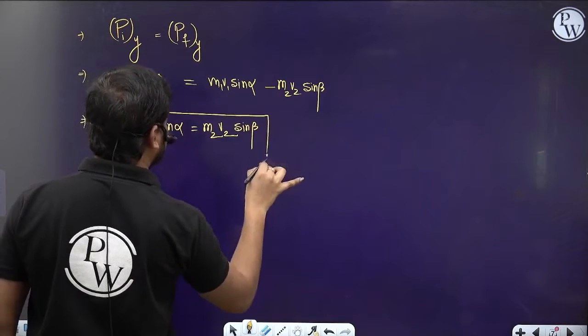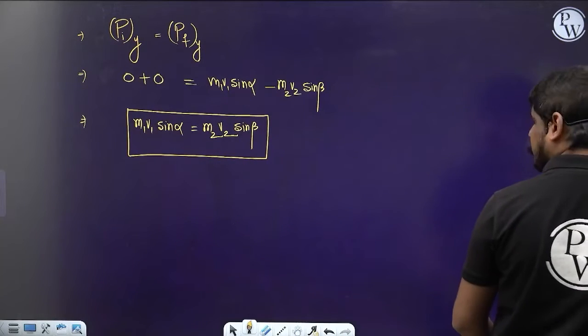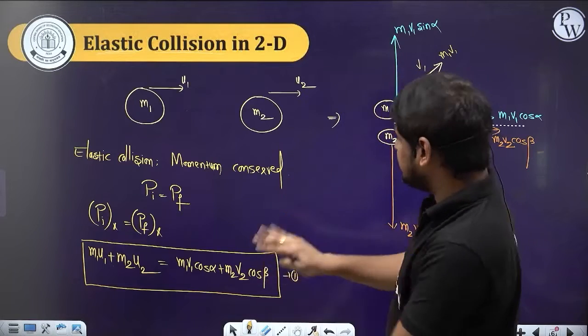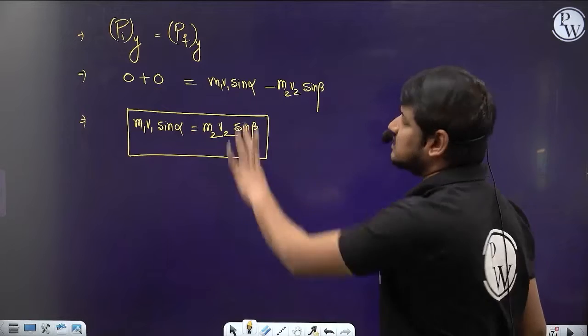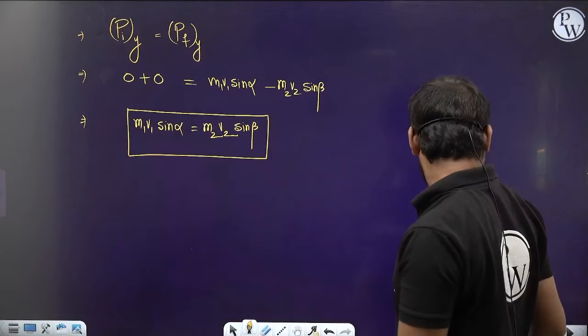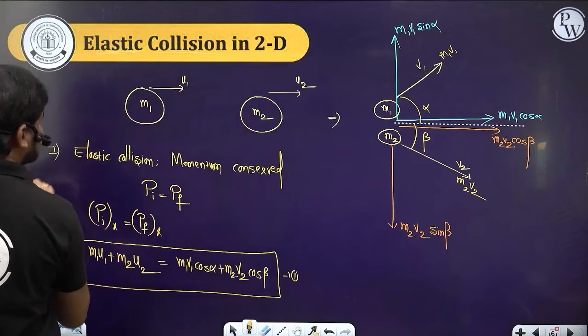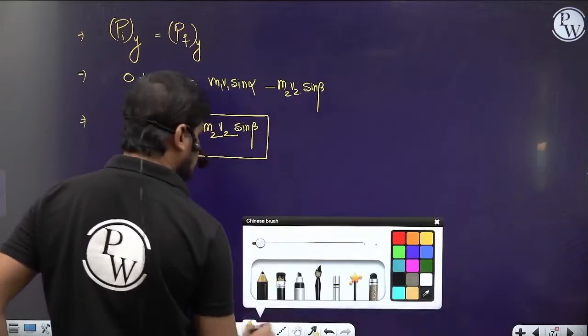See the same concept. Previously, we did the conservation of linear momentum in only one direction, right? Now in two dimensions, x direction conservation of linear momentum and y direction conservation of linear momentum. That's it. So this is the first thing: whenever the collision is elastic, momentum will be conserved. And the second thing I can talk about,